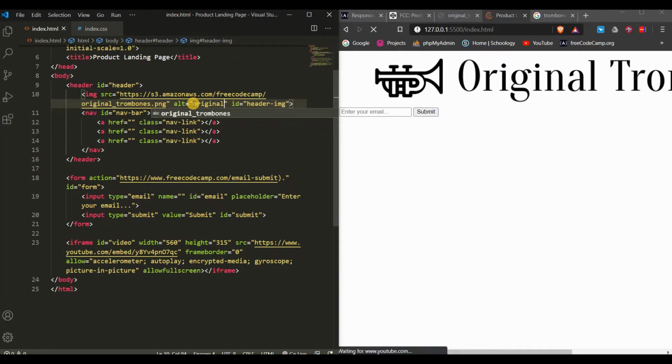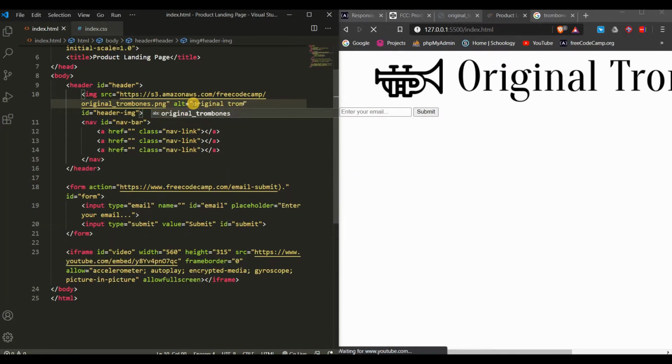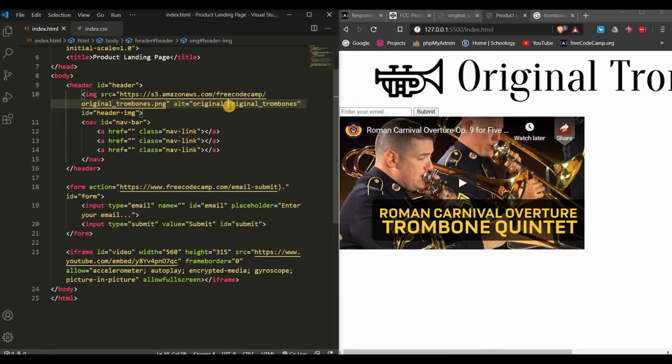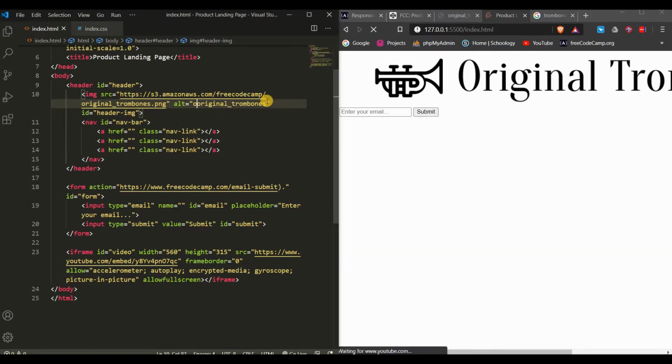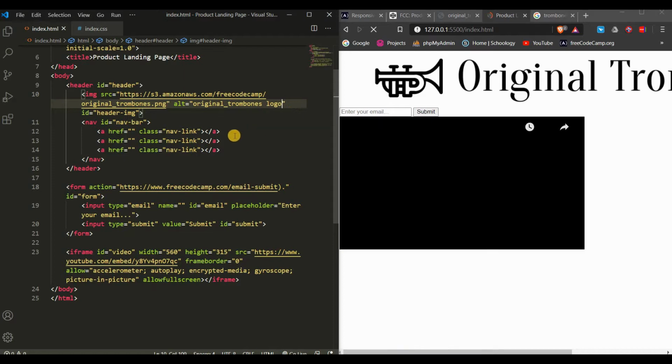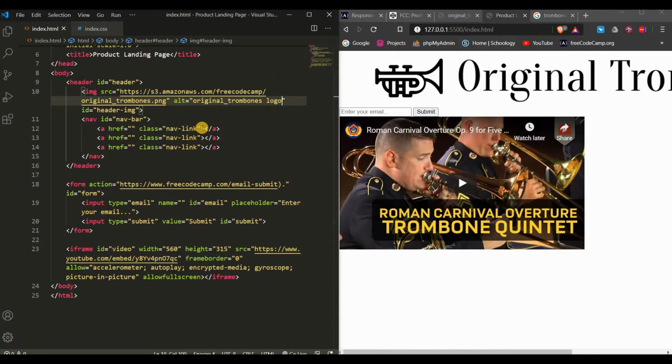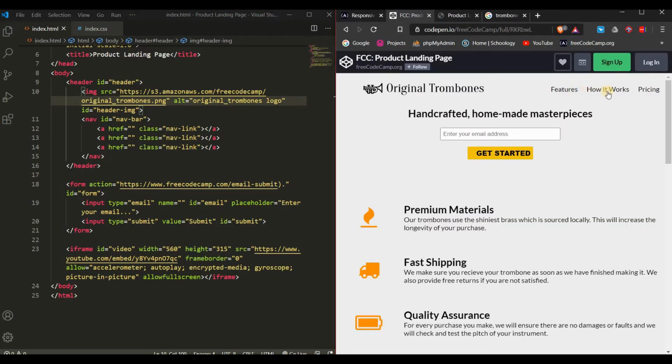Original trombone logo. Okay, cool. So now we can go ahead and put in our links, which is features, how it works,